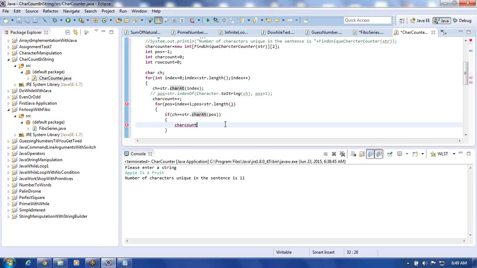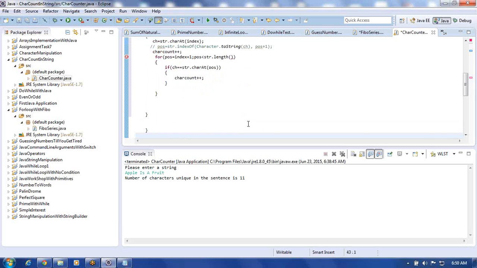Char count plus plus we do like this. Going to make this way the for loop we're trying to do here, and this should be pos plus plus we do like this. This is fine. You are getting the character count that many times, but here